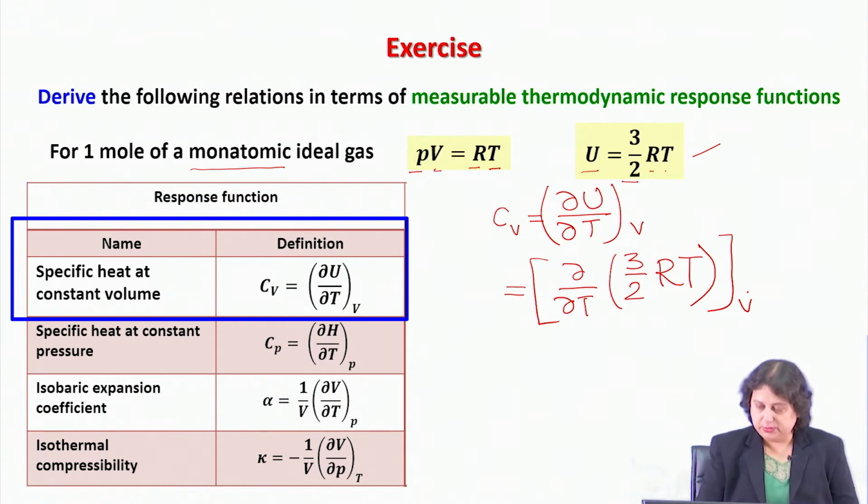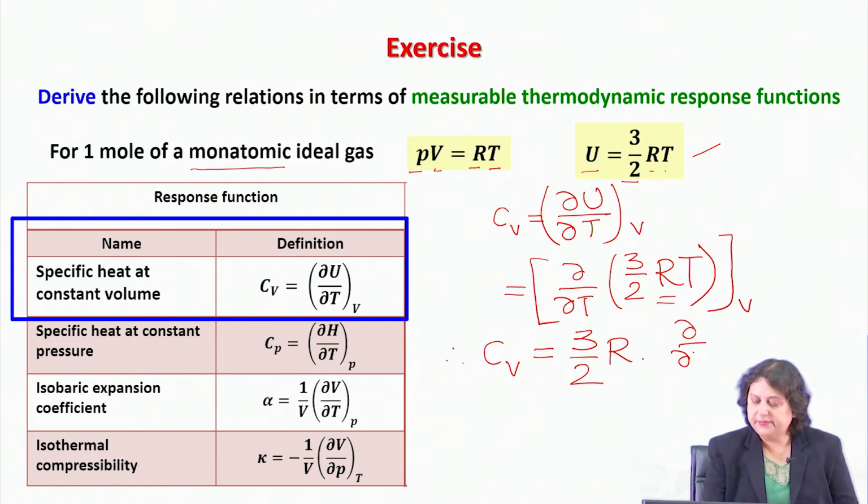If that is so, I know that R is a universal constant. It doesn't have any dependence on the temperature or the constant volume that you are working with. Therefore, I can say that Cv is equal to 3/2 R into del/del T operating on T under constant volume condition,